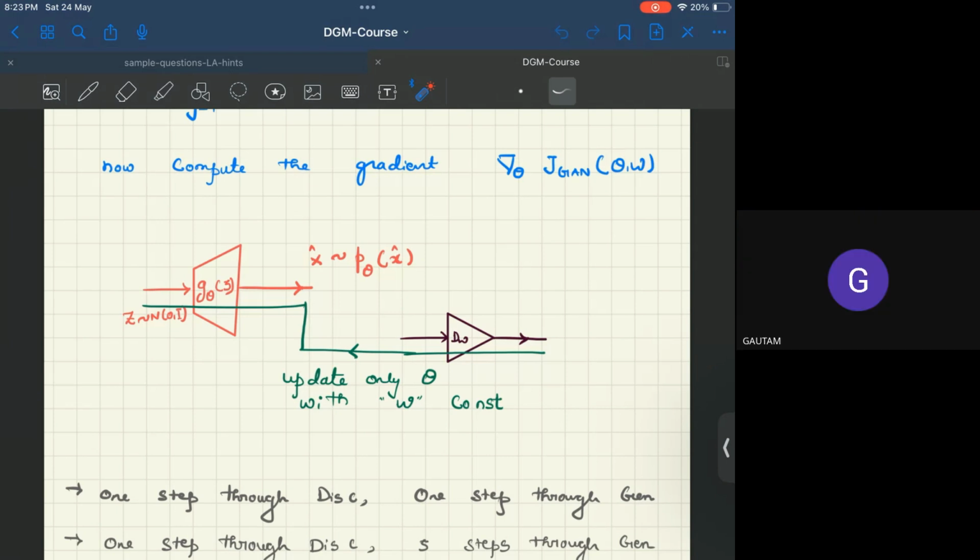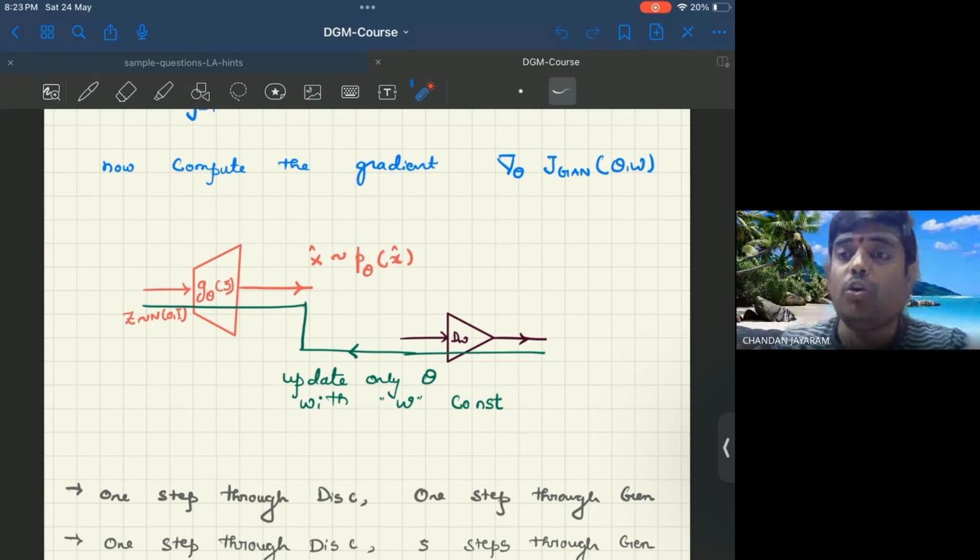Just another question. In the final part of this hour's lecture, he told about batch gradient descent, that sometimes even the generator network is done multiple updates for one update of the discriminator network. Is there any application? See, the idea is you don't want to make your discriminator too strong. If your discriminator becomes too strong, if you update it too many times, it will be able to differentiate. Now you don't want it to differentiate, right?